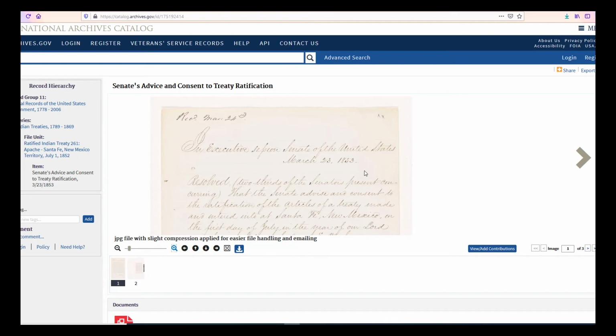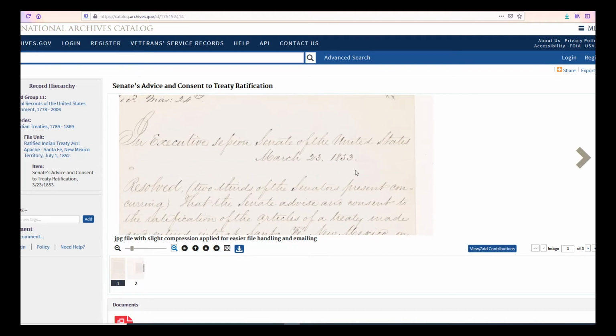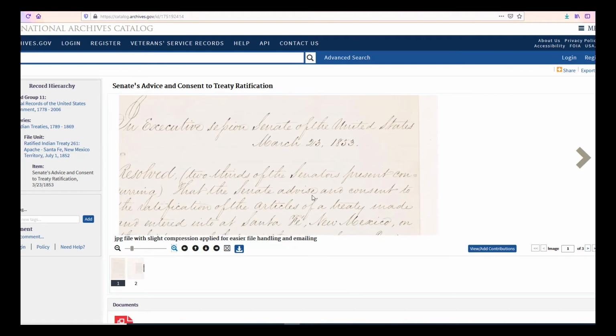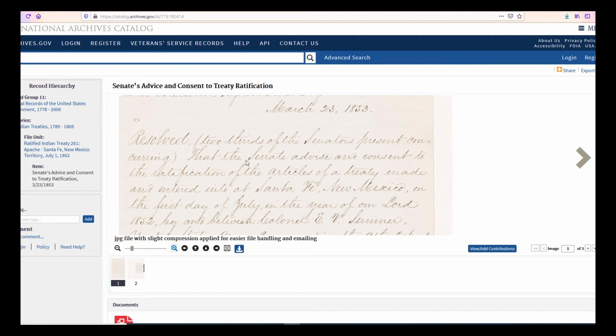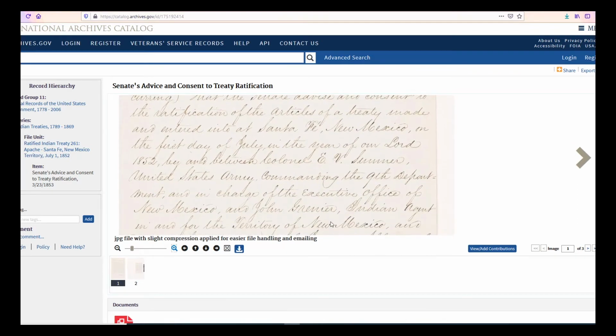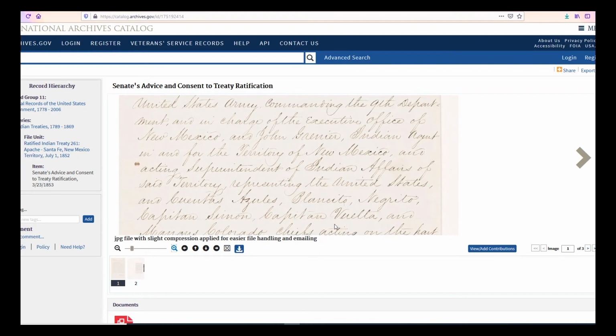You can think about the care and effort and thoughtfulness that went into creating these documents. And it creates for the researcher a true link to the past, and it makes it easier for you to understand historical context. You're not just reading typed up words, you're reading someone's handwriting. You're seeing the mark that, for some of you, your ancestors put on paper, and those marks and those agreements still affect us today. Think about the time it took to sit down and write